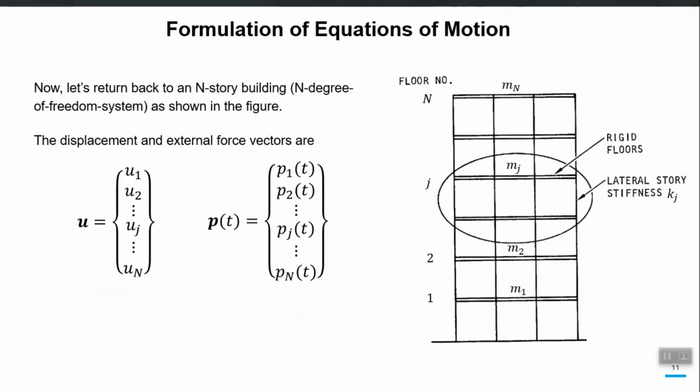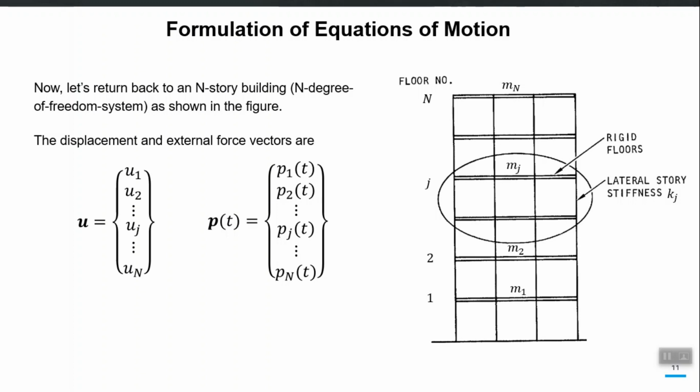So we can generalize this formulation which we have just seen for a 2 degree of freedom system. Even if there is a 10 degree of freedom system, if it follows the same pattern, the equation will come up to be the same, right. The only difference will be that now you will have 10 p values. So the p vector will be 10 by 1, the mass matrix will be 10 by 10, K matrix will be 10 by 10, U and U dot dot vectors are 10 by 1 vectors, right.